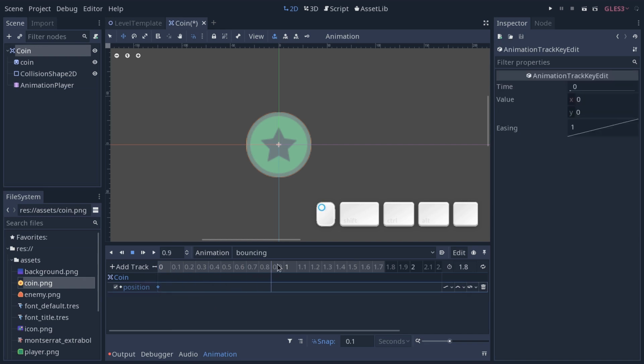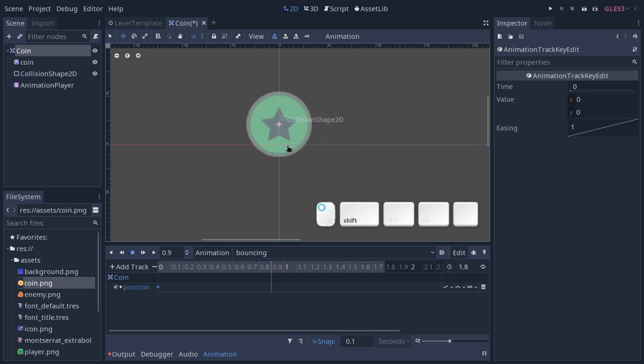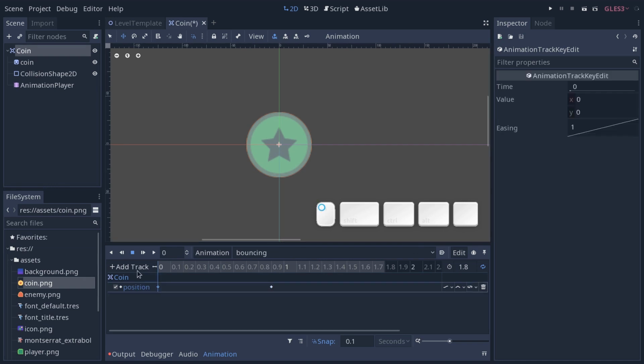We're going to move forward in time, and with the coin still selected, press W to go into the move tool, click, shift and drag to move the coin up. Then you can press the insert key to insert a new keyframe on that position track. And if you drag your mouse cursor on the animation track, you will see that now the coin goes up and down. And if you select the second keyframe, the Y value is going to be different from that of